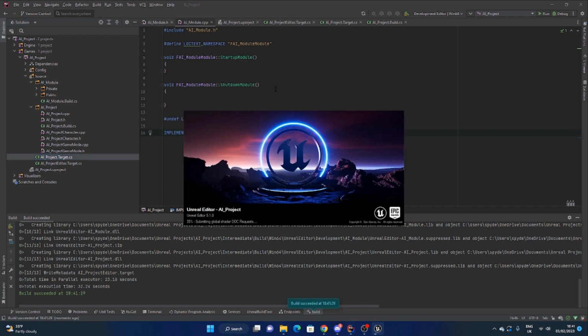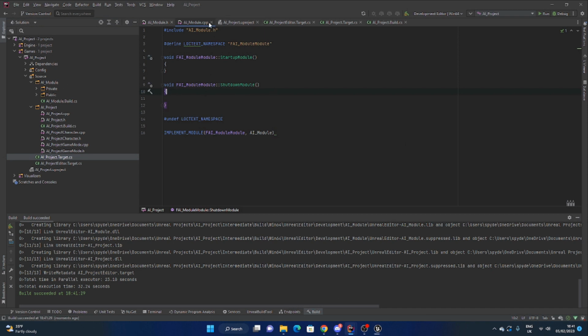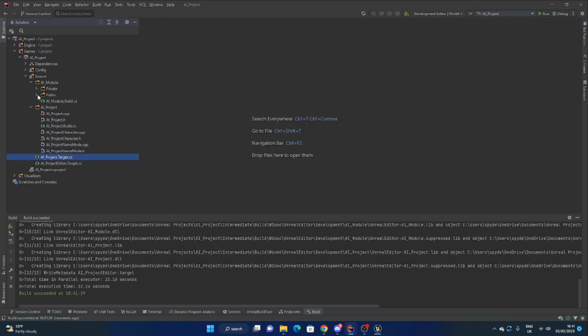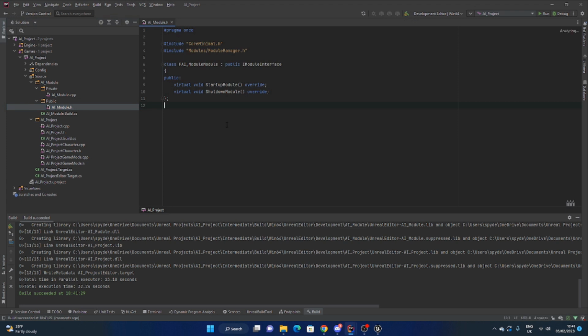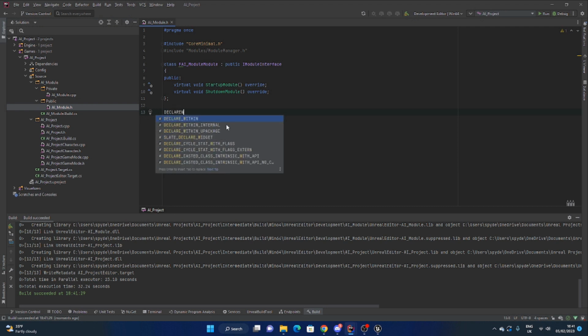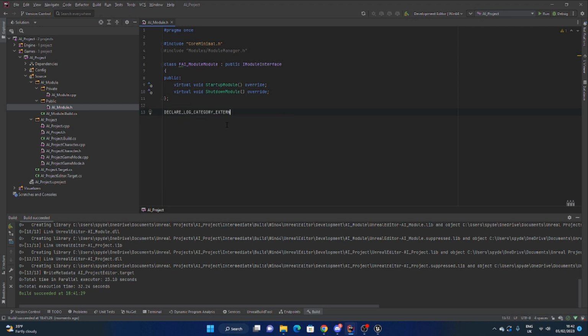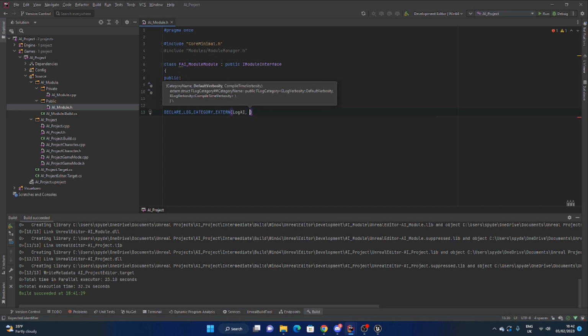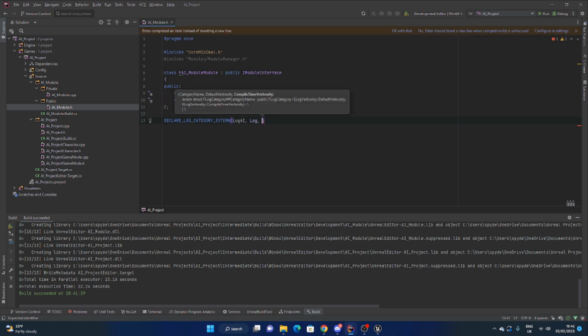Now close all that down because we don't need it. So we've got this now clean, fresh module. What we can do in here as well, it's quite cool, we can actually declare a log category. Be careful because it has to be this macro here for what I'm about to show you to work. Declare_log_category_extern, so log AI. Default verbosity is going to be log, and compile time verbosity,